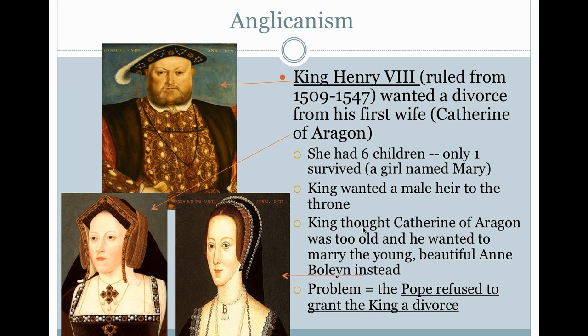Anglicanism, another sect of Protestantism. Anglicanism is basically the Church of England, and Anglicanism emerges during the reign of King Henry VIII. Now, he's famous for having all these wives. He actually has a bunch of wives executed for various reasons, but his first controversy is when he basically breaks from the Catholic Church because the Pope won't give him a divorce. He wants a divorce from Catherine of Aragon. Where is she? Over here, because she can't give him a child.